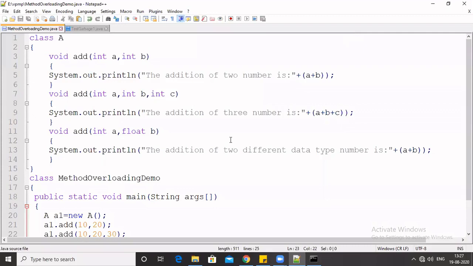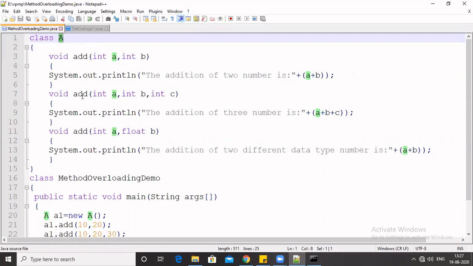This is the example of method overloading. In this example, I have one class A, and this class contains three methods. These three methods have the same name, but different parameters. The first method has two parameters which are both integer type.